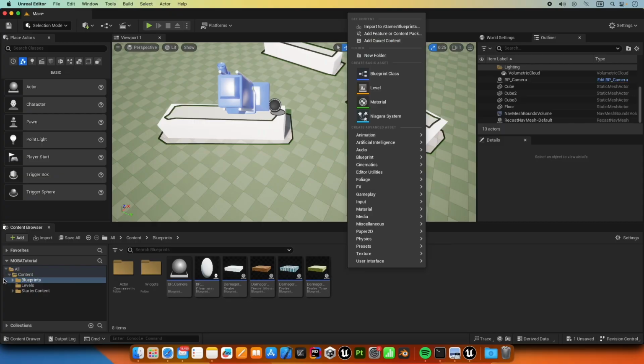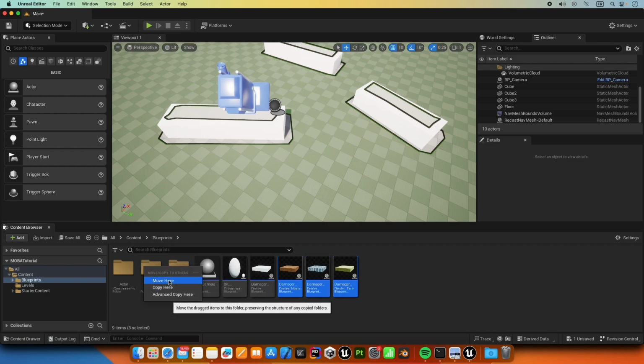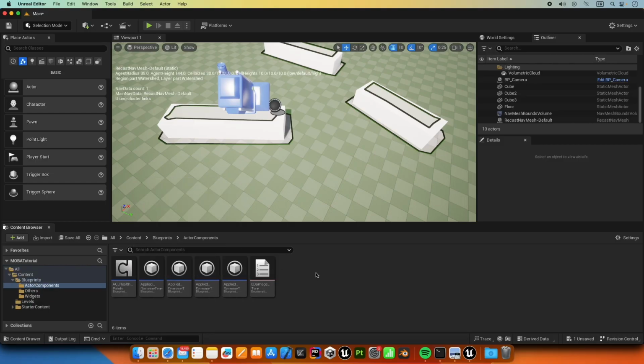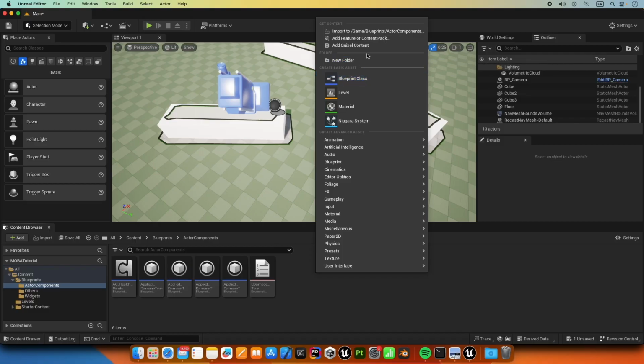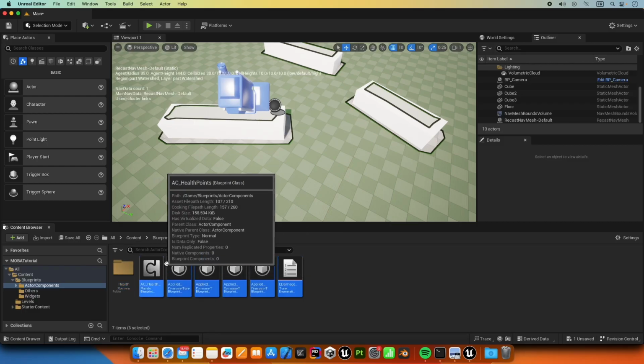Let's go to blueprints, the blueprint folder, and we're going to create a new folder, call it others. Take these 3 pads, put them here, move this pad also, move it here, and we're going to go to actor components, and we're going to create a new folder, call it actor, or call it health system. Grab all of these, put them here,